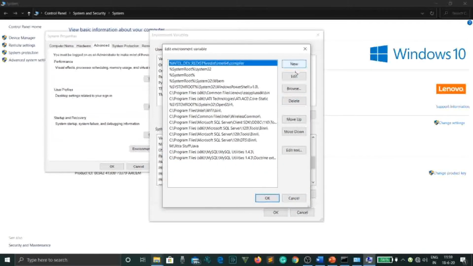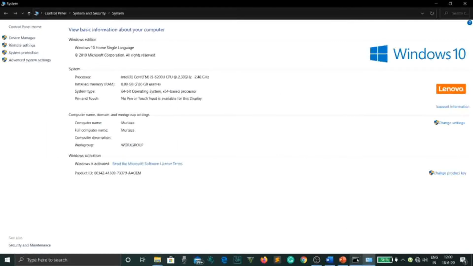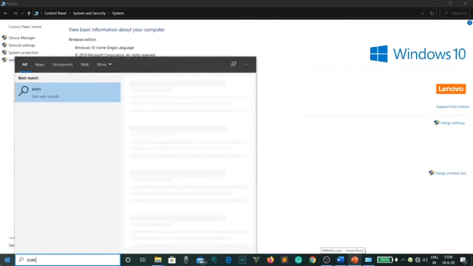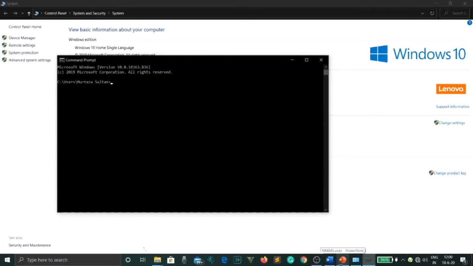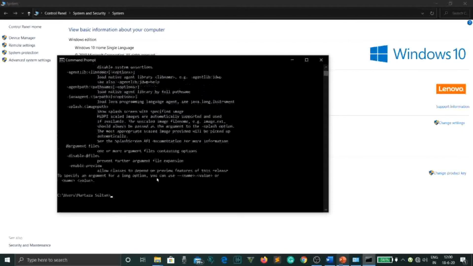After that, we are giving it a new path, that's why I will create a new path. Click on New. Here, paste the path which we've copied. Click OK, again OK, again OK. Now the path has been set. Let's check. For that, you'll have to restart your command prompt. Now again we'll type java to check if the path has been set. If the path has been set, you will get many options. Let's see. Yes, the path has been set. We can start programming.